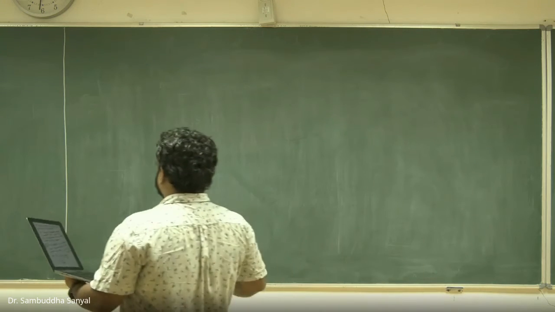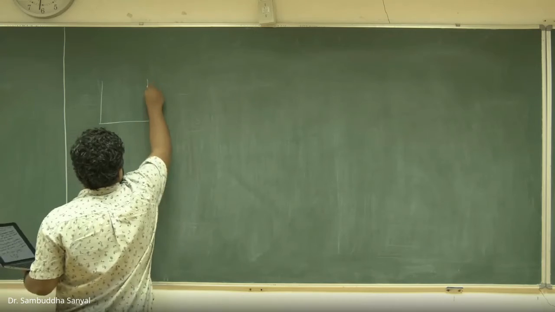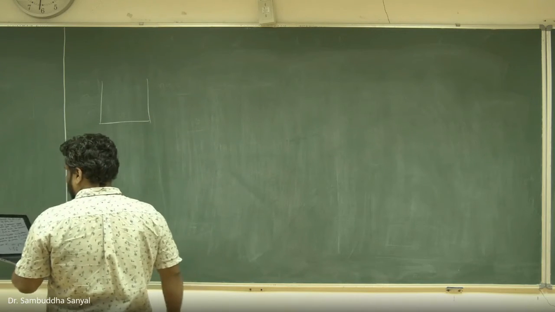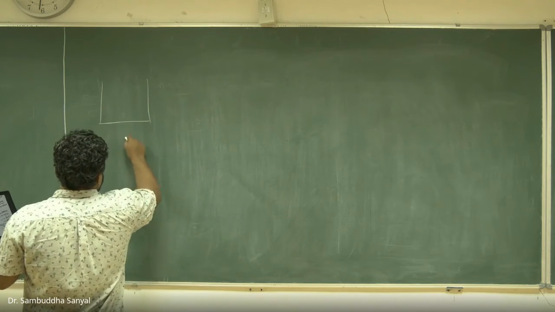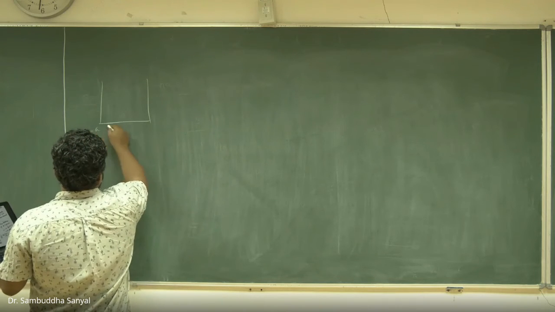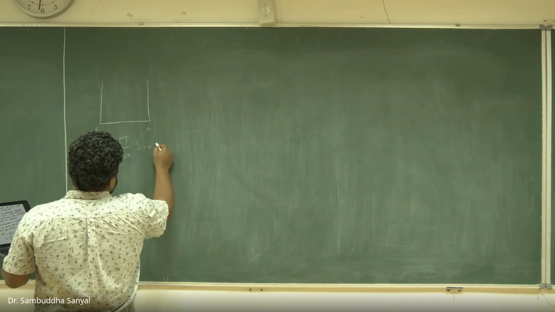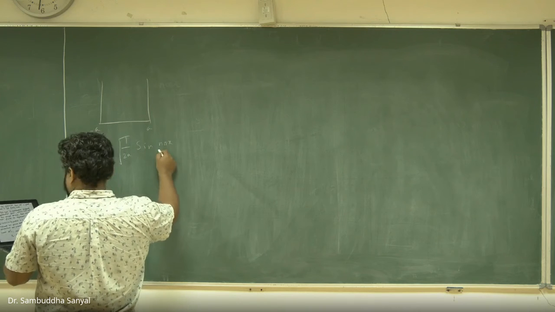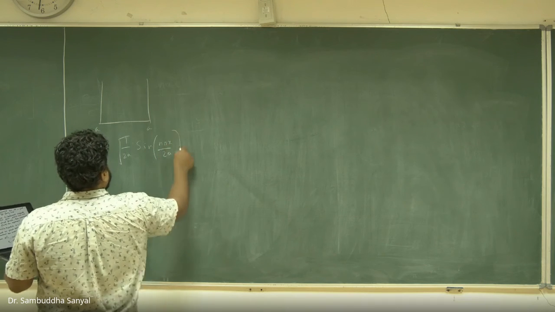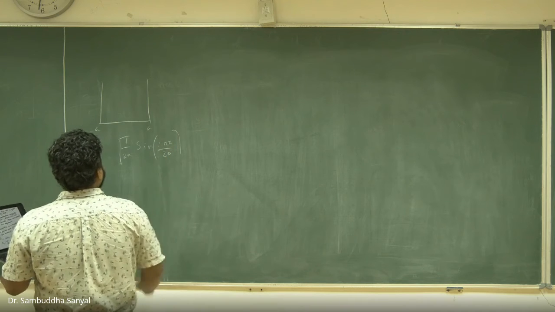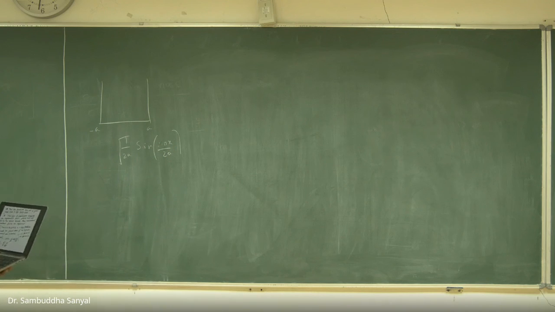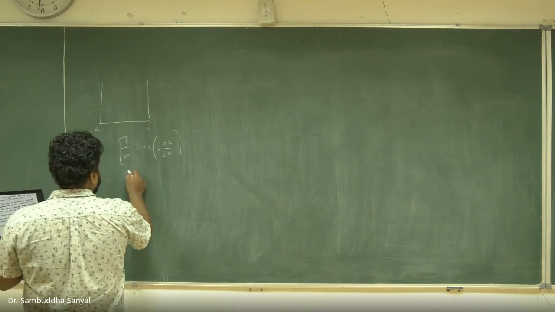So the particle in a box problem is this. And what do you know about the problem? It is, let's say, minus a to plus a, so 1 by root a sine n pi. So I'm trying to guess the ground state, so n is equal to 1. And E naught is